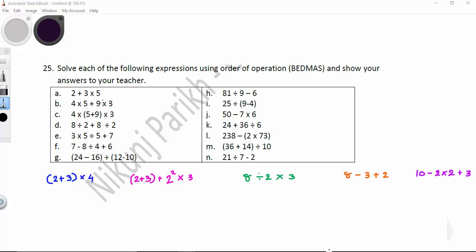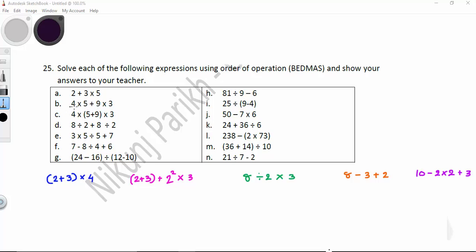then you can see that there are multiple operations involved in each expression. For example, over here you can see that there is a multiplication, addition, and multiplication. Now the question arises as to which operation should you perform first? You might think that I will go from left to right. And your friend might think that he or she will go from right to left. And in both cases, the answers will be different.